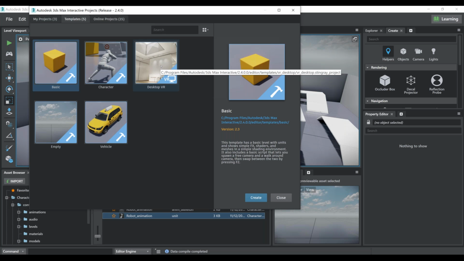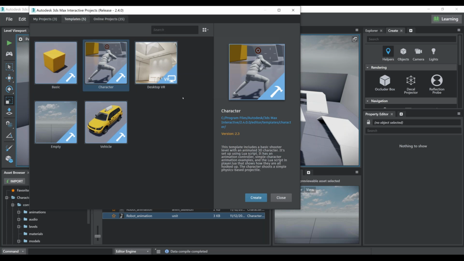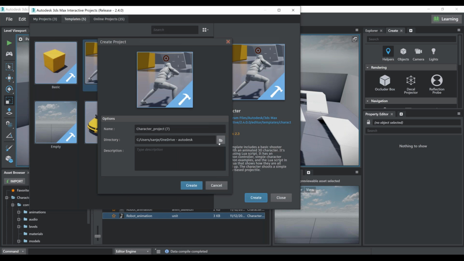So I have a template here. If you create your layout using this desktop VR template, you can directly connect a VR device such as HTC Vive or Oculus to your machine and jump right into your layout in life size. But right now I don't have a VR device connected to my machine, so I'm going to show you another interesting template, which is the character template, and I'm going to create a new layout,